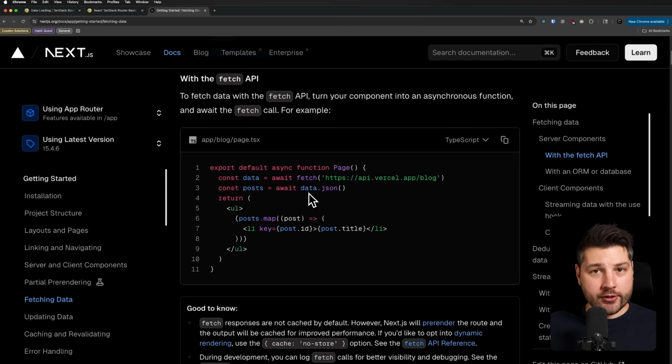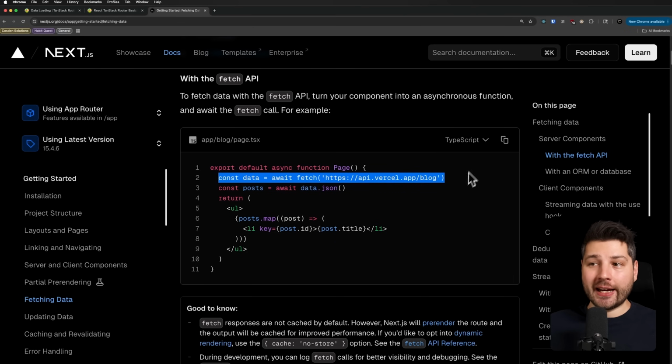So server components, right? They are React components that run exclusively on the server. Because of that, they can be asynchronous components, which means that you can directly call a fetch and await the fetch inside of the body of the component without doing any sort of useEffect or any sort of client-based things. This is really cool because you don't have to handle loading states, error states, anything like that. You can just directly fetch the data in your component, and then you can get it and directly render it